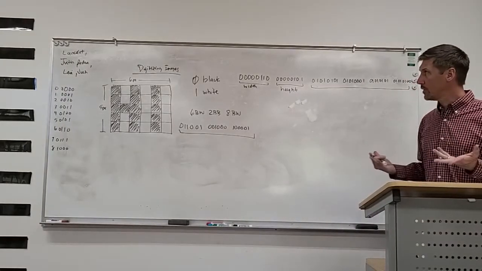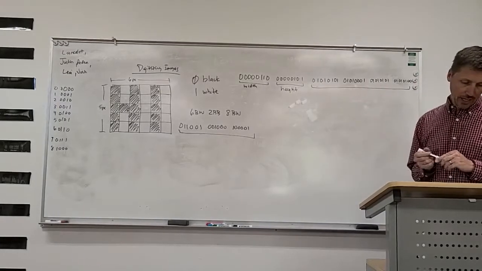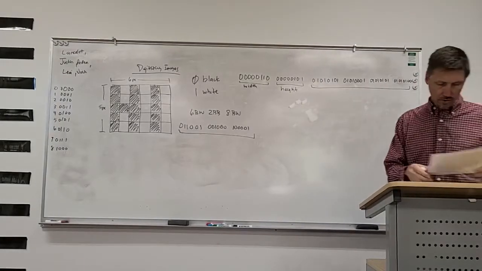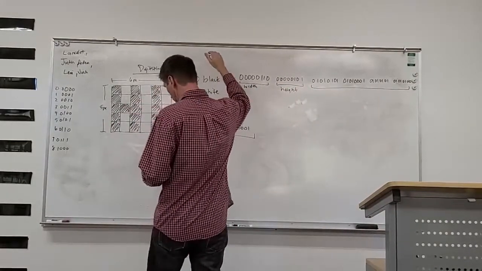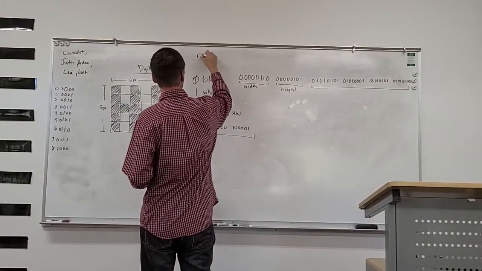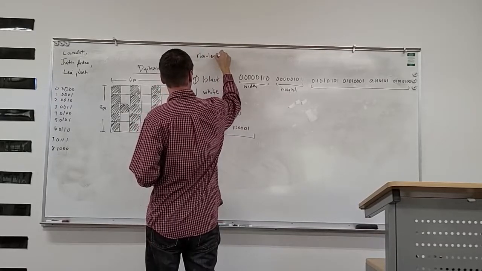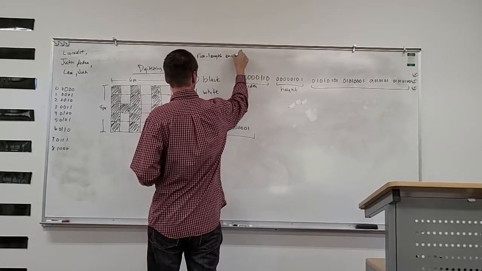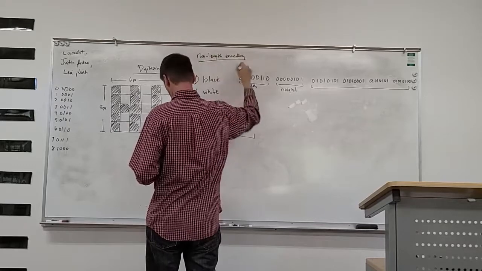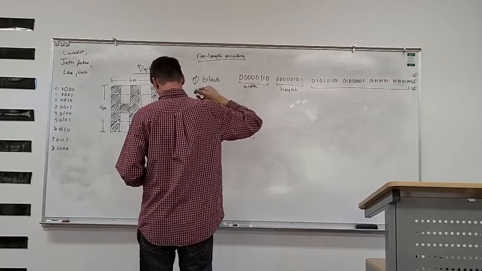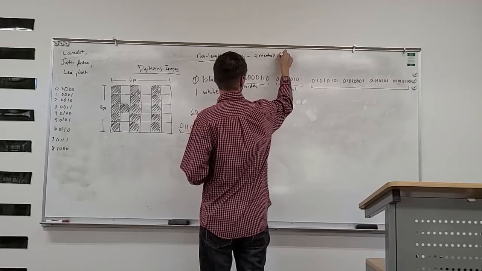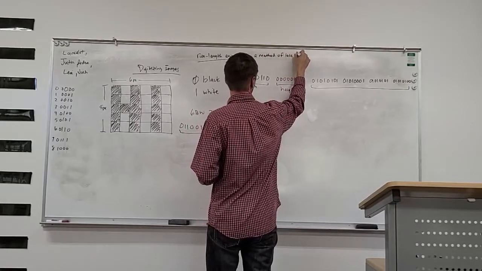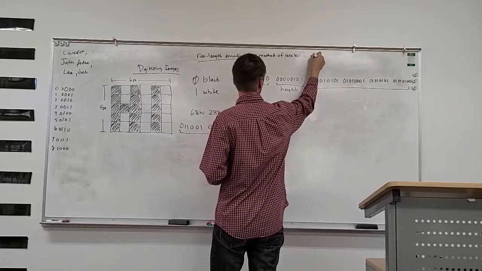So what we call this, when we're looking for patterns like that and viewing the patterns as runs in the code, this is called run length encoding. All right, so it's a method of lossless compression